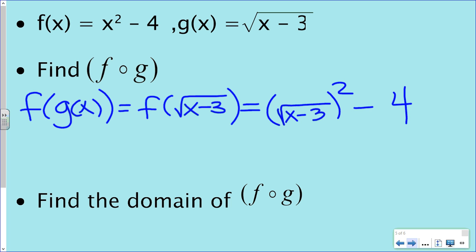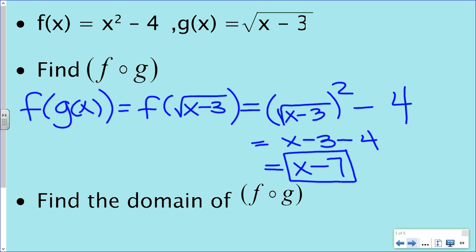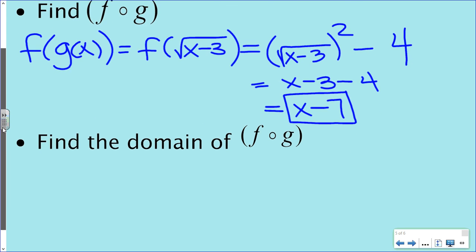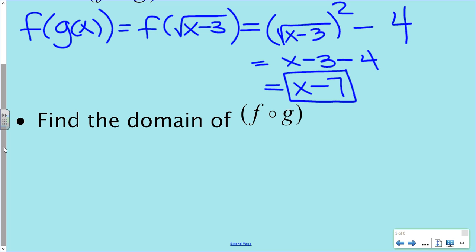Yes, they cancel out, which is nice, right? They cancel out, so we are left with x minus 7. Now, some of us want to say, cool, linear function, domain of all real numbers. But it's not that simple. We have to consider the domain of the function we plugged in as well. Okay? So first,